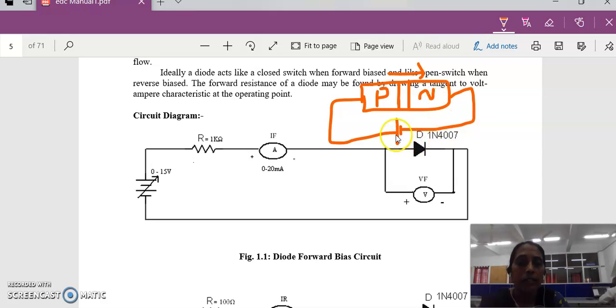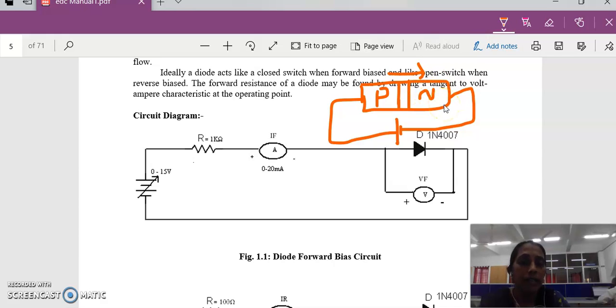Now when the p-type material is connected to positive and the n-type material is connected to negative, the diode is said to be in the forward condition. When the positive terminal is connected to the holes, these holes get maximum potential energy, and they can easily penetrate through the depletion layer. That means the current is flowing only in this direction.